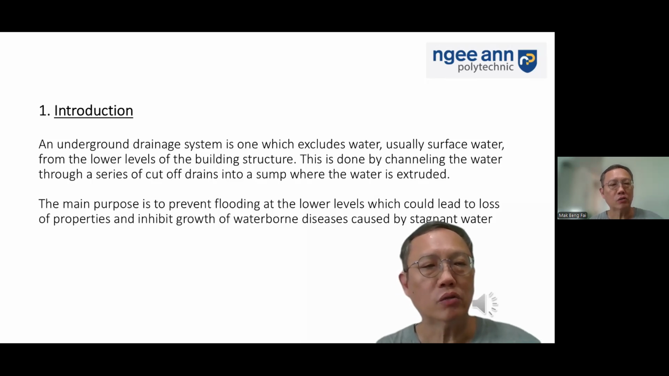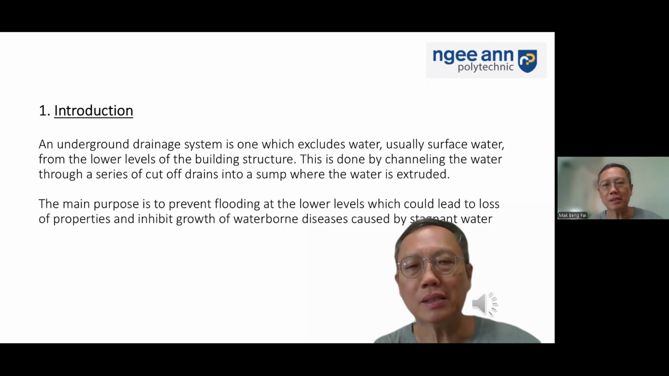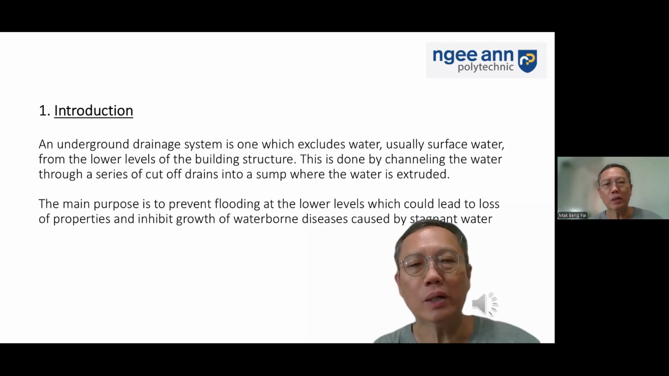Now, what is an underground drainage system? It's the one that excludes water, usually surface water, from the lower levels of the building structure. What I mean by lower levels is usually the basement level, the lowest level of the building structure. And this is done by channeling water through a series of cut-off drains to a sump where the water is